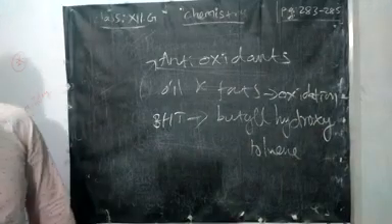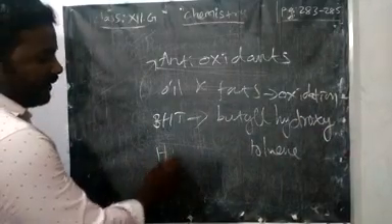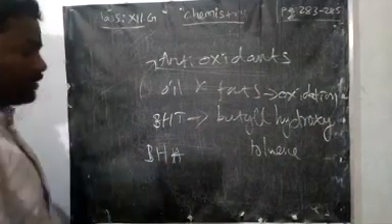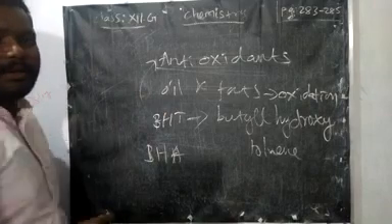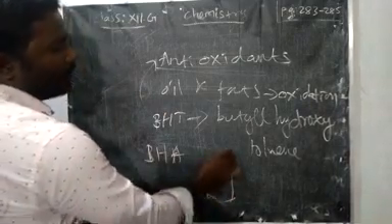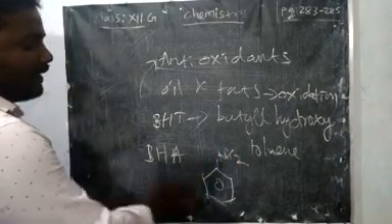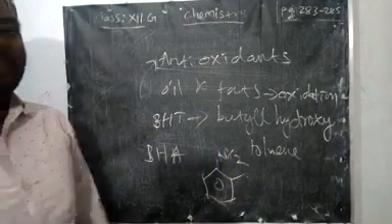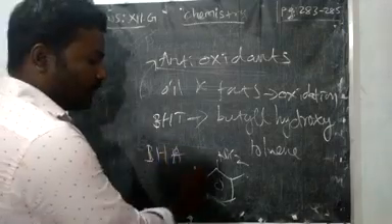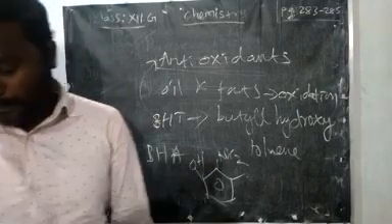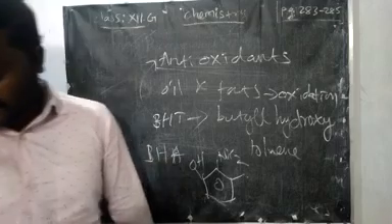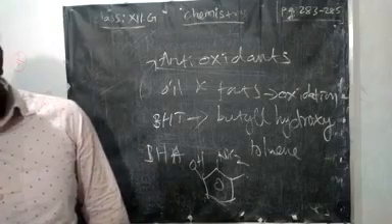The other one is BHA, butylated hydroxyanisole. Anisole, what is the molecular formula for anisole? Benzene with the methoxy group only is called anisole. So butylated, which may have some branch with a butyl group, means they are called butylated hydroxyanisole, which may have a hydroxy group also. These are the two very important antioxidants which control the oxidation reaction.